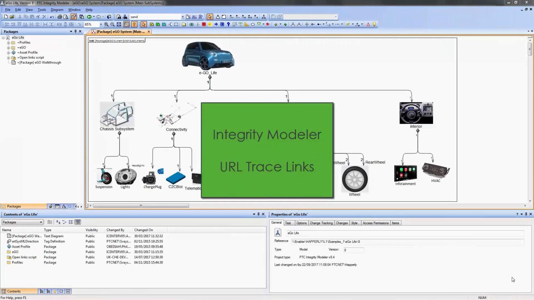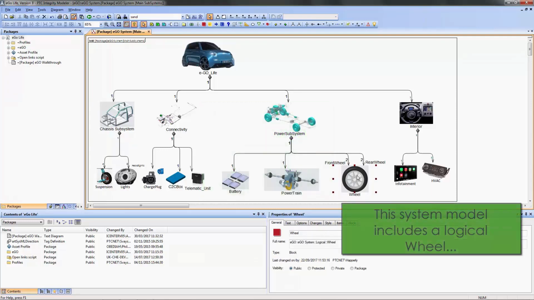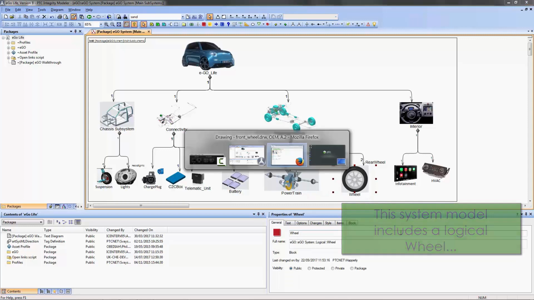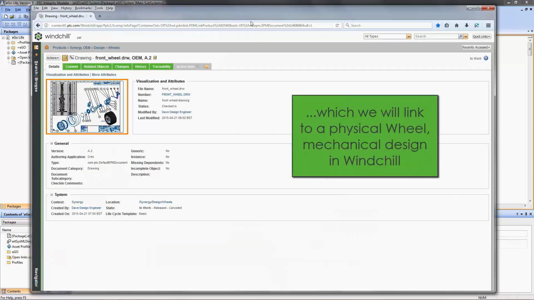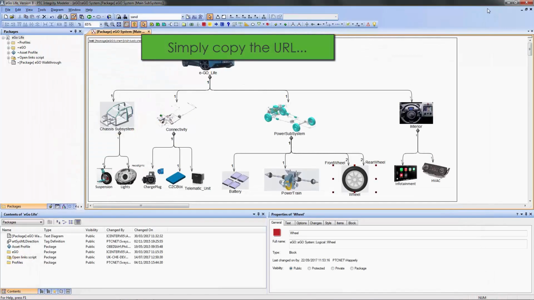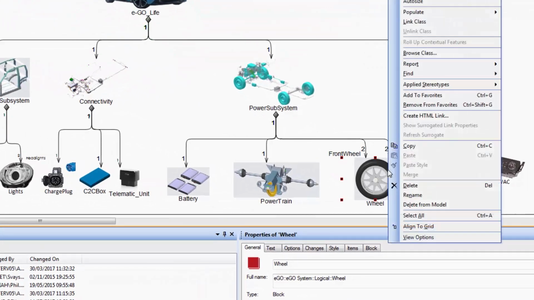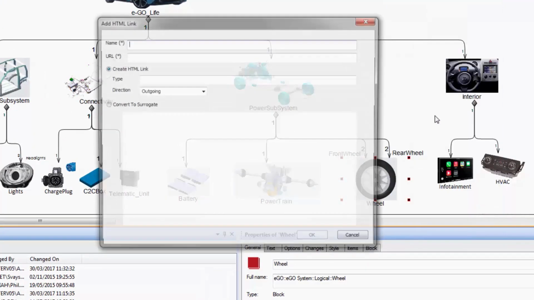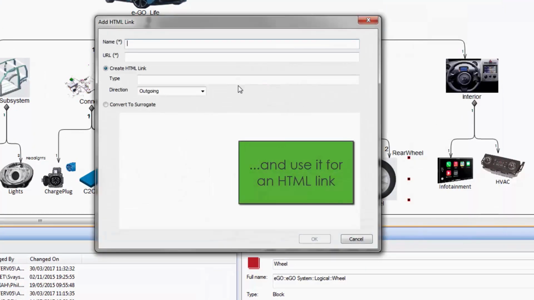So in this example, we're going back to the electric car, and we're going to create a URL trace link. We'll focus in on the wheel, and we have a logical wheel in the model, and here's our physical wheel defined in Creo and documented here in Windchill. So we want to create a link from our logical wheel in our systems model out to that physical wheel